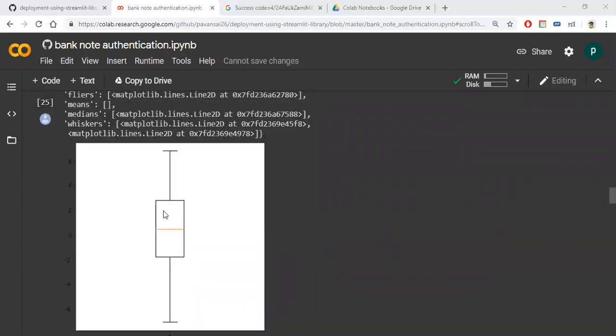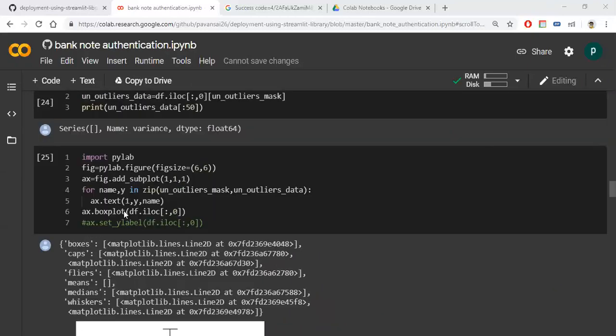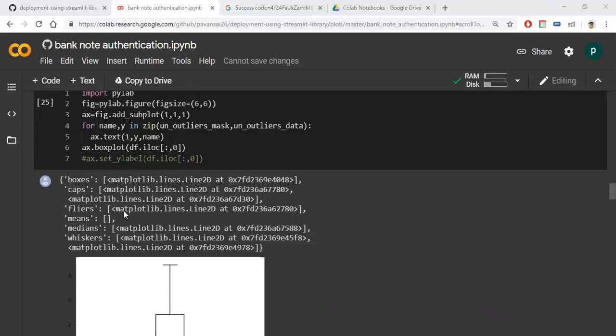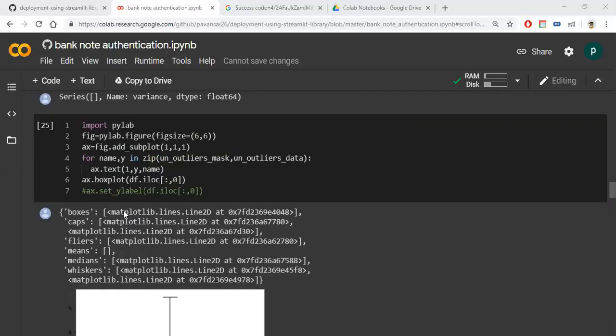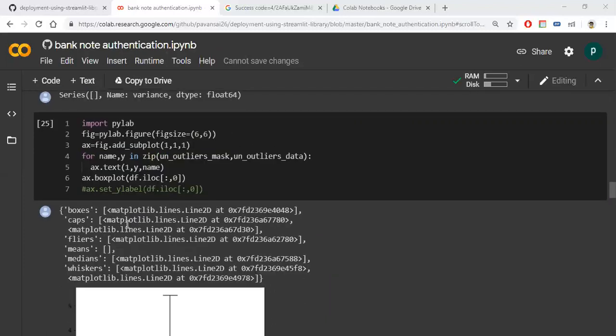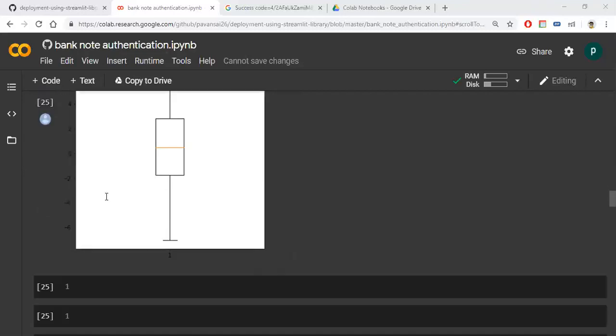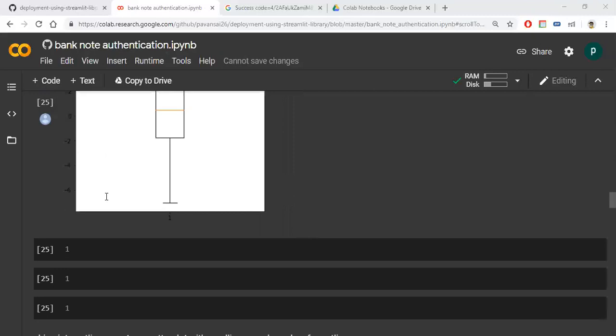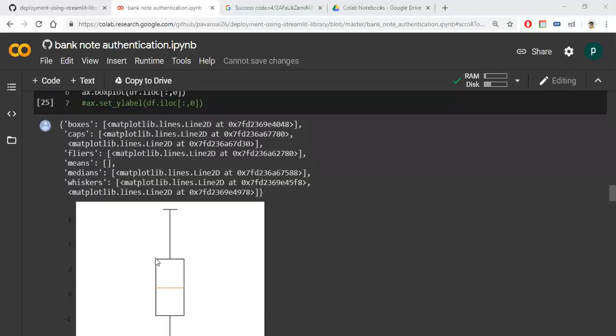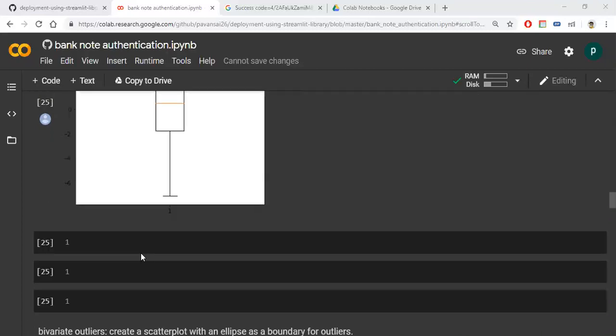Greater than this we can call an outlier. This is the center point, the mean point. Greater than 1.5 we can call an outlier. So this is the box plot.